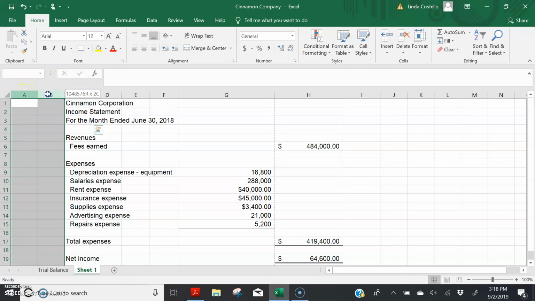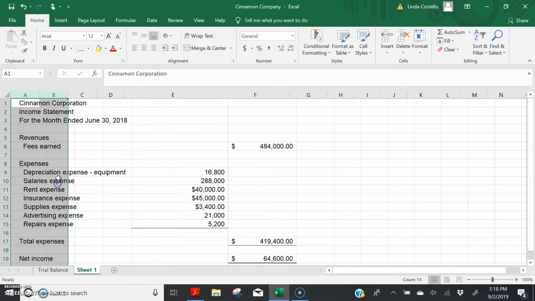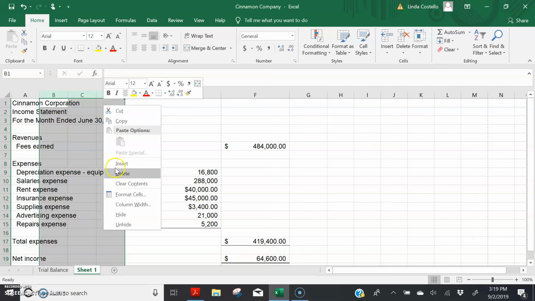We don't need A and B because there's nothing in those columns. Delete. We've got words now in the new column A. They run over into columns B, C, and D, but they don't start in columns B, C, and D. There is nothing that's supposed to be in columns B, C, and D. So those are 3 columns that we don't need in our worksheet and should not have in our worksheet. So I'm going to delete those.